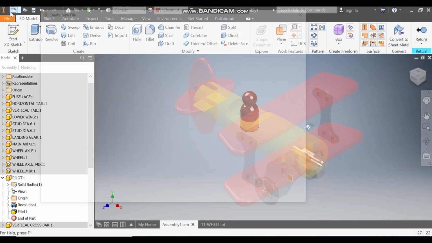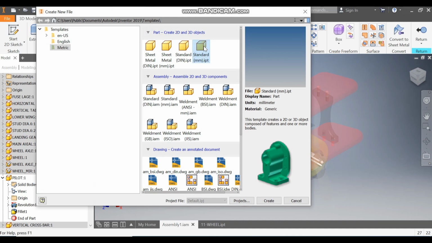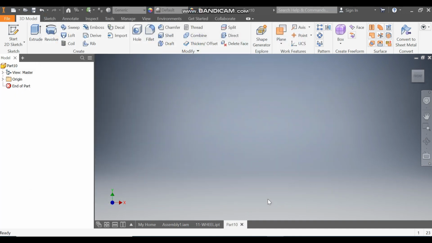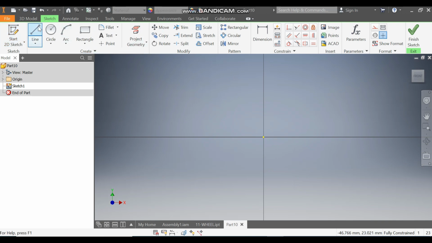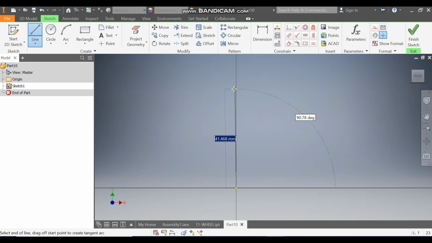Now go to new, take a standard part in millimeter and go to create. Take here 2D sketch, select the XY plane, take here line command. From the center point, make a straight line, escape, go to circle command, and here make a circle of diameter 20. Okay, go to dimension, define this